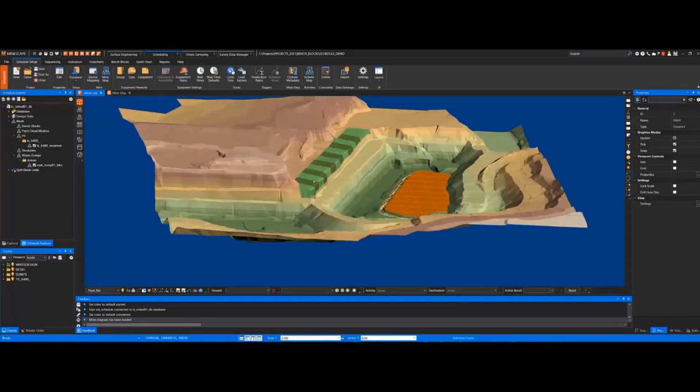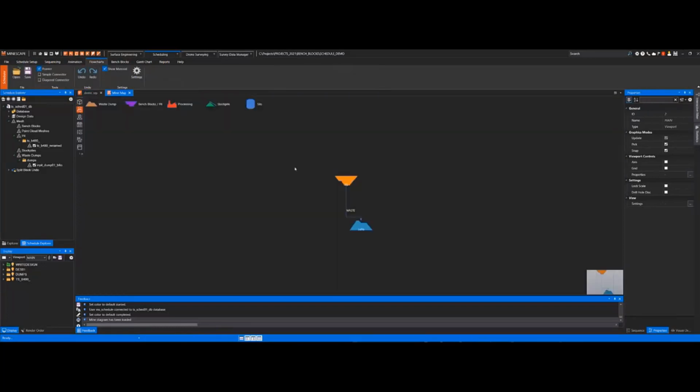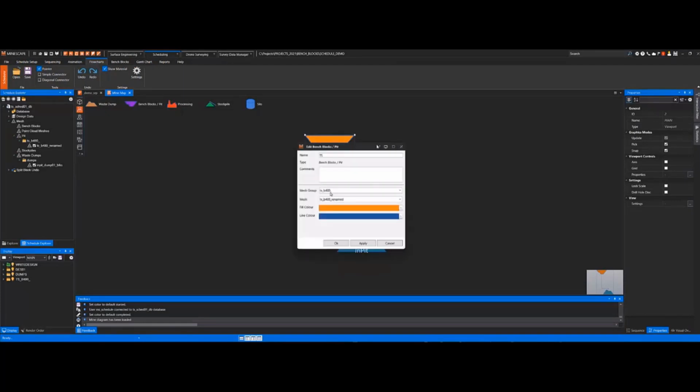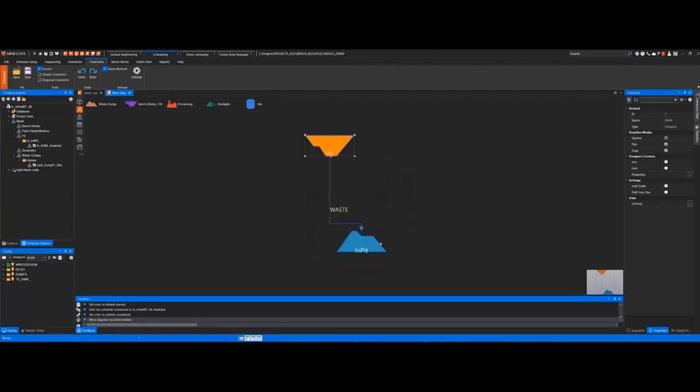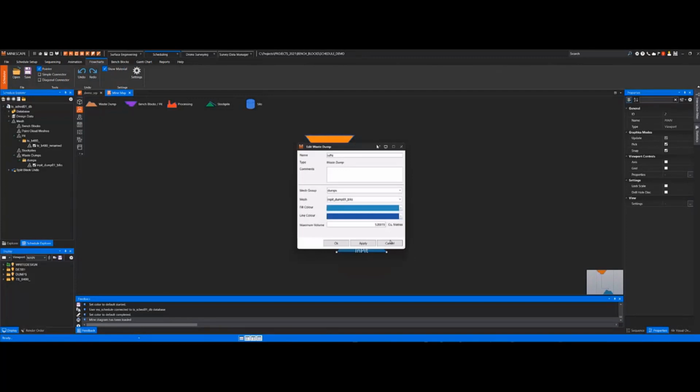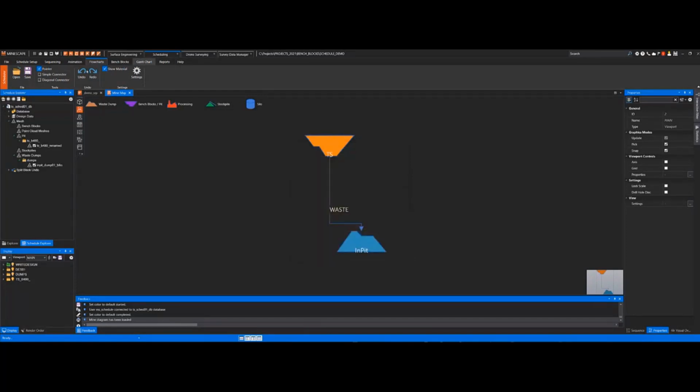These are my TS blocks, and this is my dump block. From these truck shovel blocks and dump blocks, we can go right back into the mind map, and you'll see what I'm talking about. So now all you have to do is assign the mesh to the pit, a mesh to the dump, and you're ready to go.